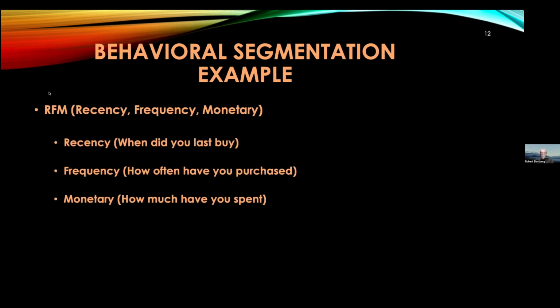One of the concepts, and I think this is one of the most powerful concepts in marketing, in really direct marketing, is something called RFM, recency, frequency, monetary. With the kinds of databases that now exist that firms can have and use, they can actually calculate something called RFM, recency, frequency, monetary. Recency means when did you last buy? Frequency is how often have you purchased? And monetary is how much have you spent? And so this combination is a very powerful segmentation tool.